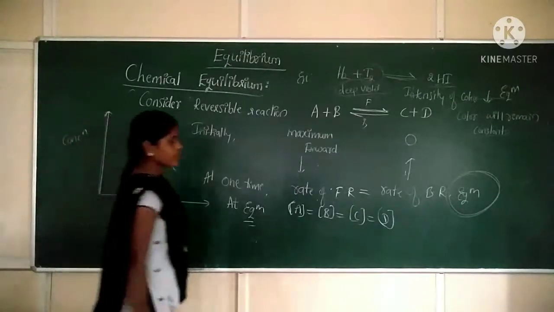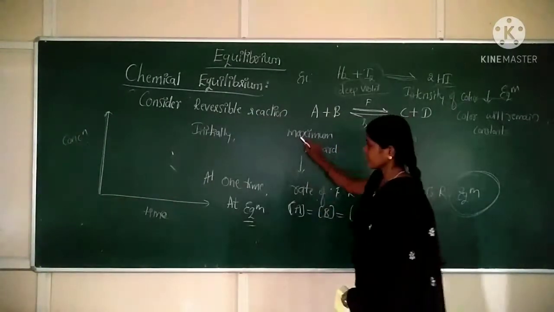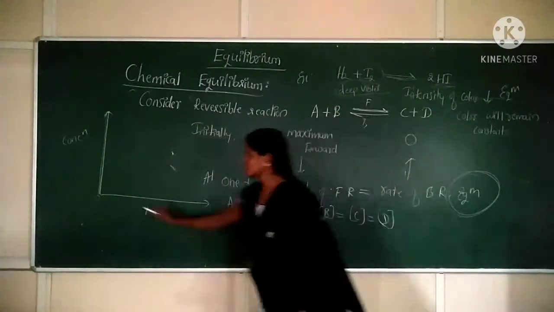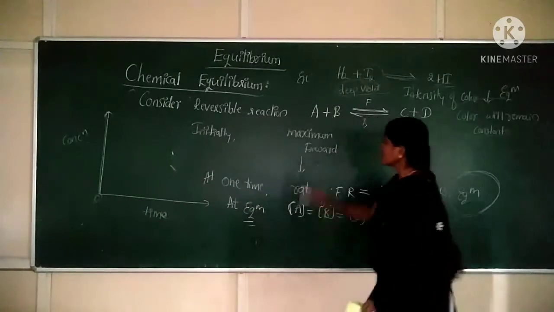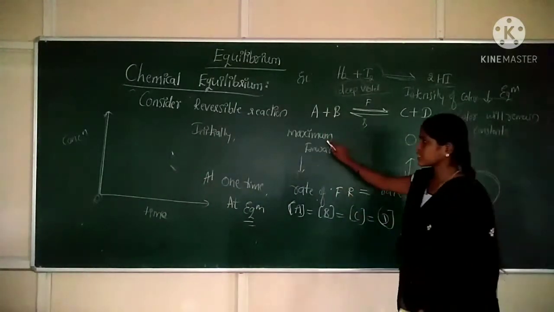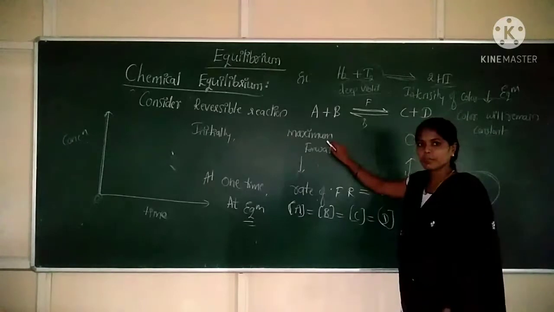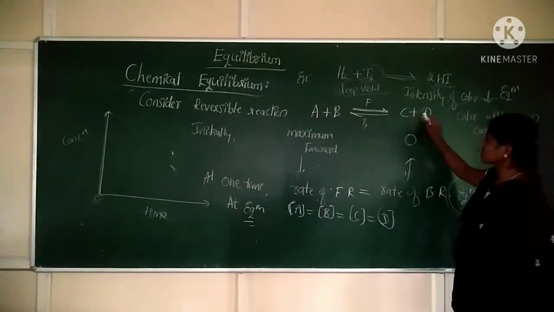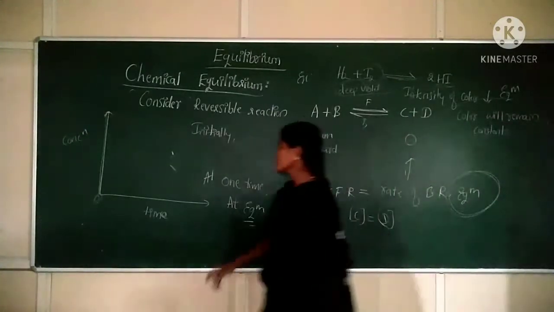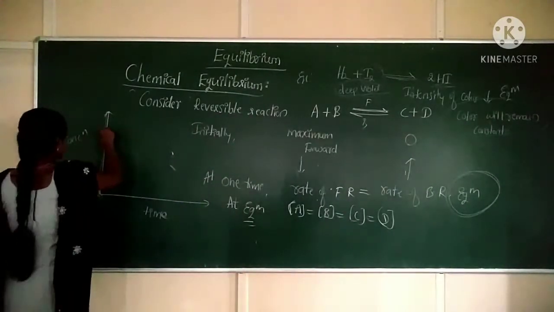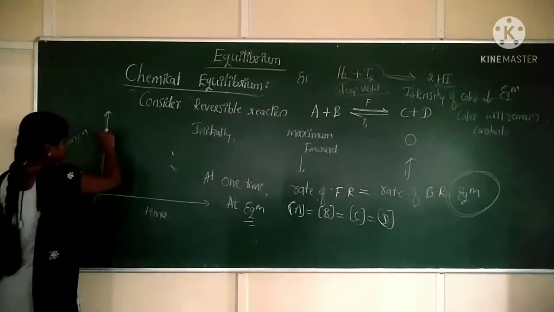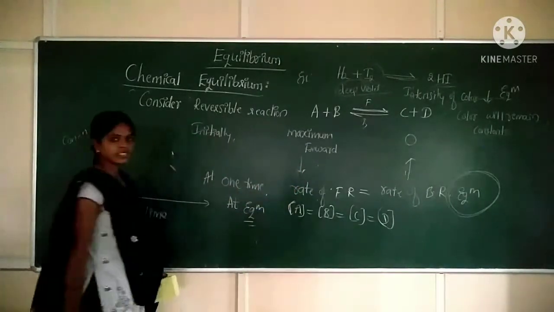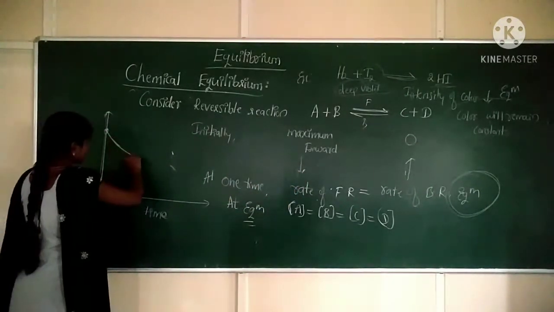Correct. Now, what happens in the reaction? Initially, I will take it as 0. Initially, at a time t equals to 0, concentration of A and B will be what? Maximum. And concentration of C and D will be what? 0. So we can represent that. So this is higher concentration of A and B. As time changes, concentration of A and B goes on decreasing. Is it or not? It means you should represent a decreasing graph.